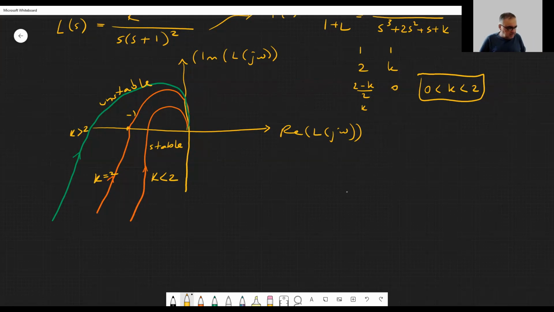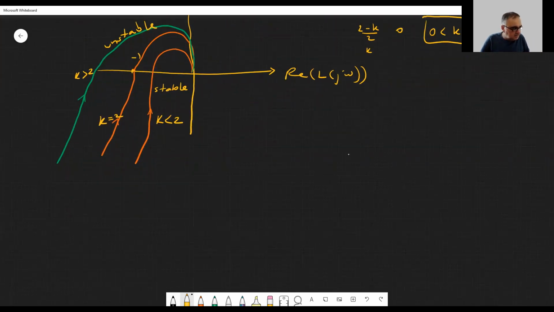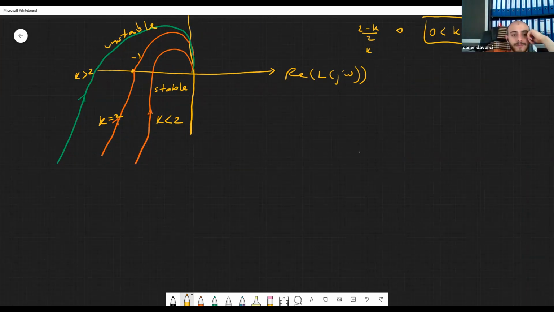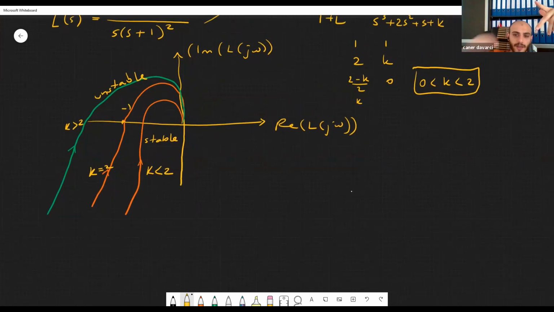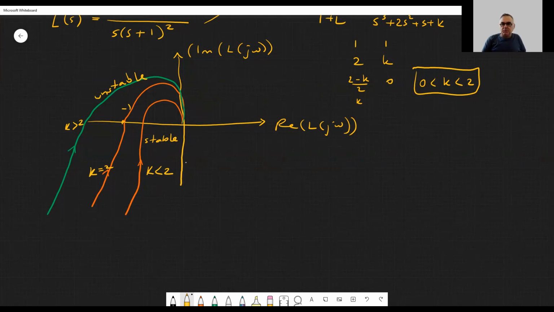Now, the same thing can be shown in the Bode plot. Hocam, can I ask a question? Yes. Hocam, this graph shows the poles of the L or zeros of the L? I didn't get it. What does this graph show, hocam? This Nyquist plot, you mean? Yes, hocam. This shows, as I said,